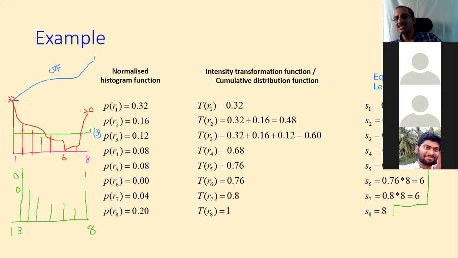See, after getting the equalized gray levels, how to plot? You just take these gray levels instead of 1. So you substitute whatever is the count you have here at 3. That's all. So the count will be the same. You already have the probability, right? So you say now P of S1, S1 value itself is 3, right? So P of 3 will be 0.32. P of 4 will be 0.16. Like that, and that you will plot here. So directly it will come at 3 instead of 4.